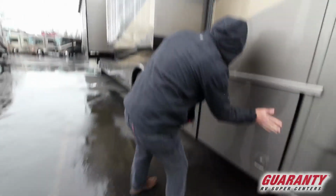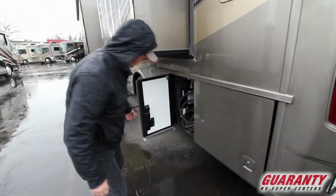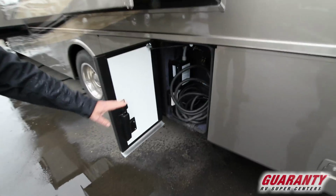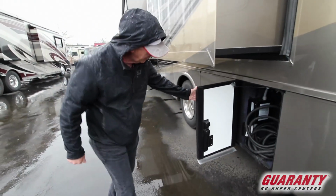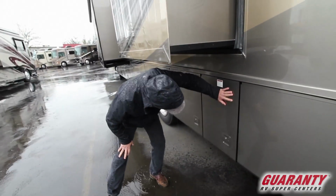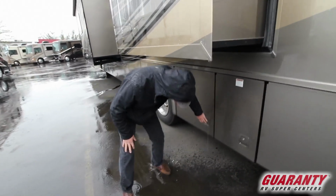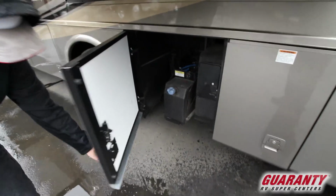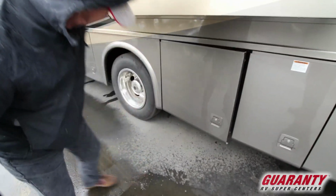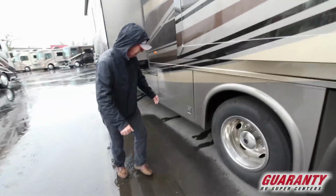Felt line, things will stay where you put them. 50 amp power cord. One of the wonders is that little notch down there. Instead of having to thread your cord out through the hole, you just lay it in the notch and shut the door. DPF, nice access for that. Going down the side here,